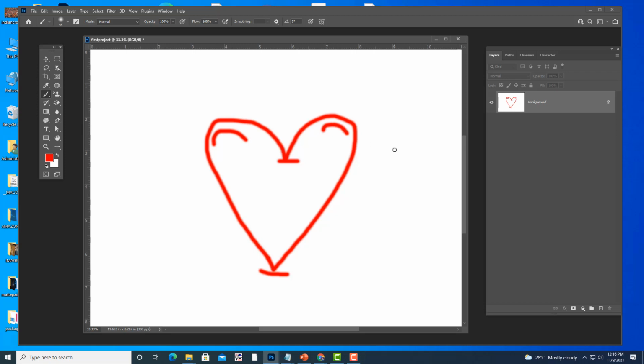Okay, so how does the pen tool work? See, wherever there are sharp corners, we have to click with pen tool. Wherever we have rounded corners, we have to drag with pen tool. So click and drag, click, drag, click, drag. So that is the concept of using pen tool. So now we will create the same heart shape using pen tool.